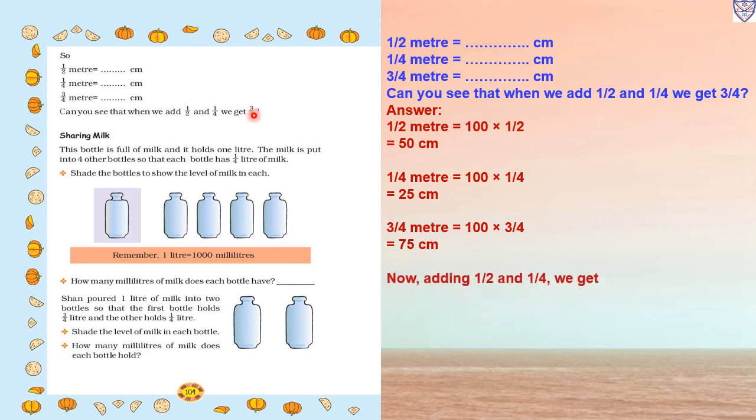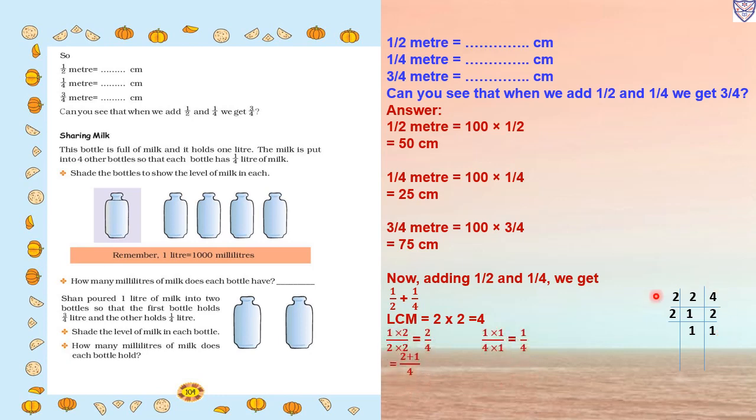So now we are adding 1 upon 2 and 1 upon 4. So 1 upon 2 plus 1 upon 4. So here both the denominators are different. So what we will do, we will take a LCM to make a denominator same. Then only we can add. So first we will take 2 table, 2 ones are 2, then 2 twos are 4, then again 2 1 is there, we will write same, and 2 ones are 2. So our LCM is 2 multiplied by 2, it will become 2 twos are 4.